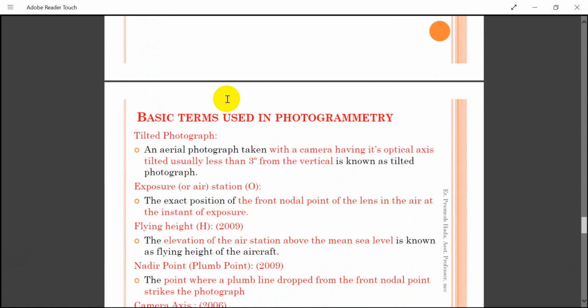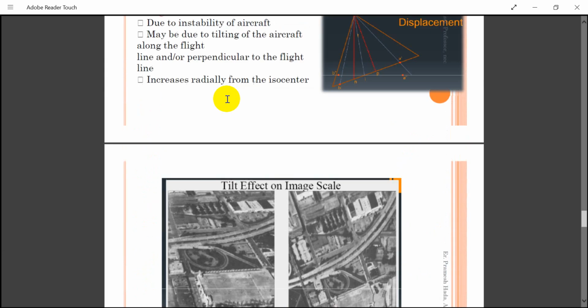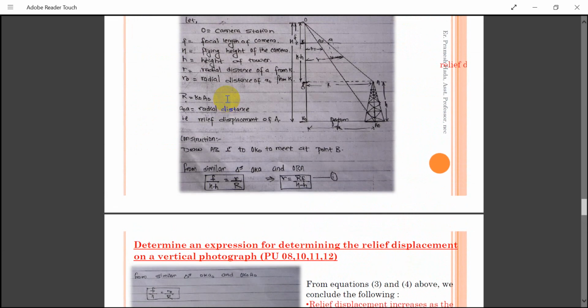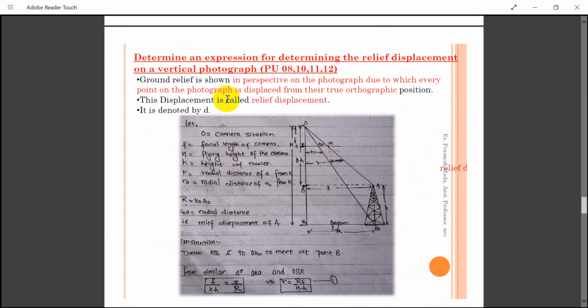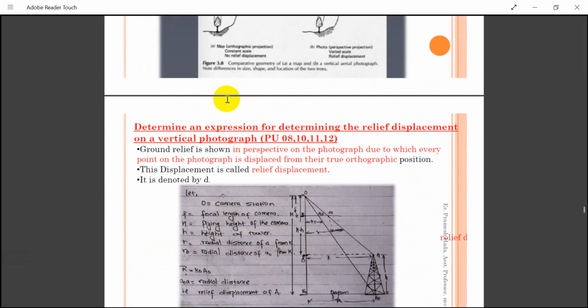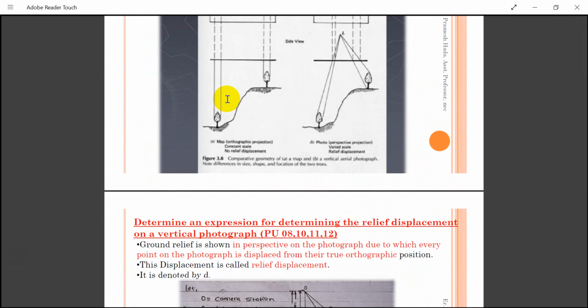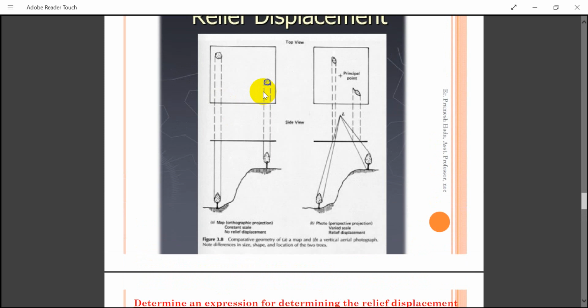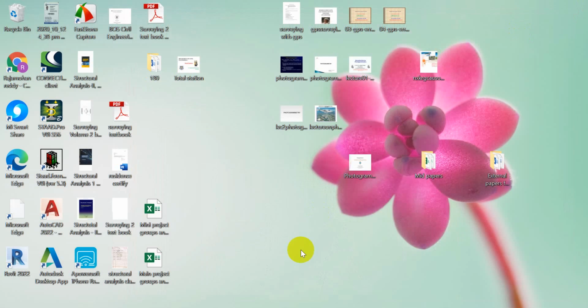No one discusses the formulas, but if you have an idea, that is good. These are just definitions and formulas that nobody uses, but at least you should have a developed idea of what a tilted image is and what the different terminologies represent. That's it. Tomorrow we will solve one or two problems, and later we will go to stereo photography and parallax error. Okay, that's it.